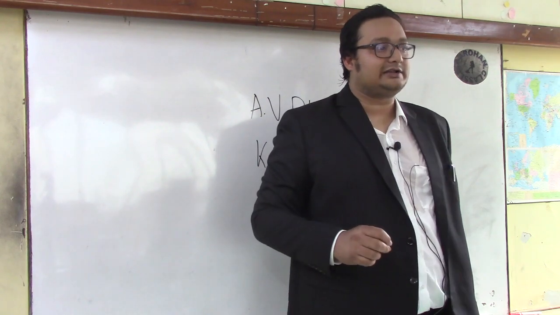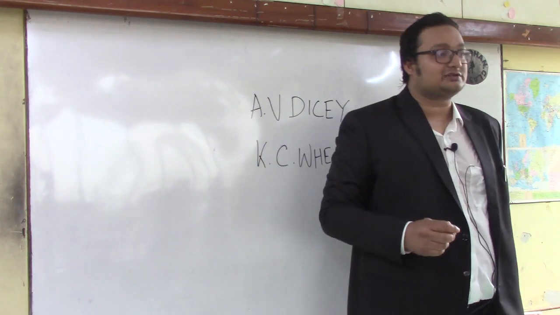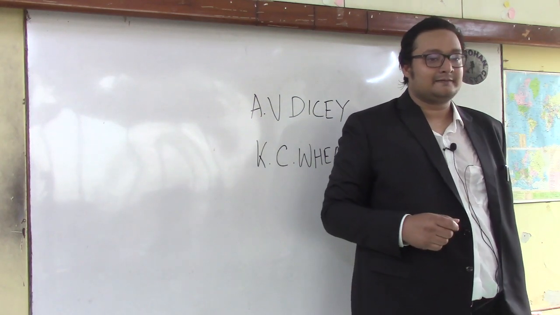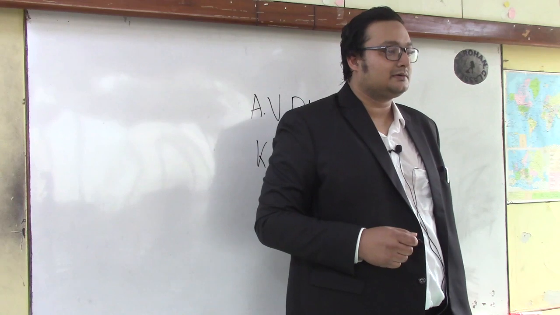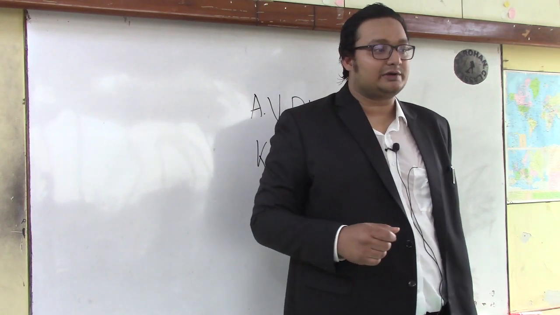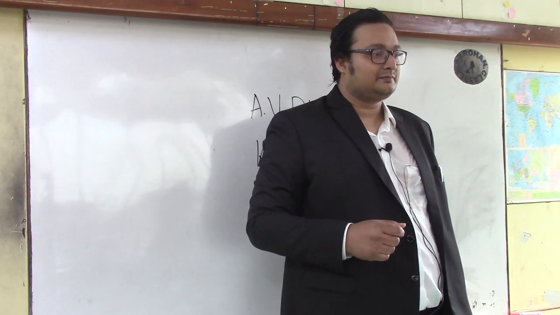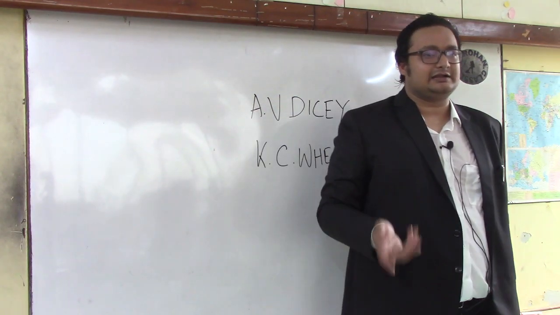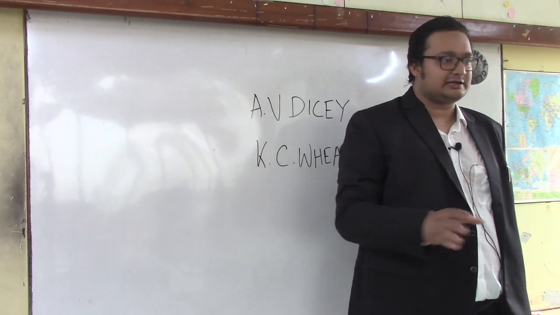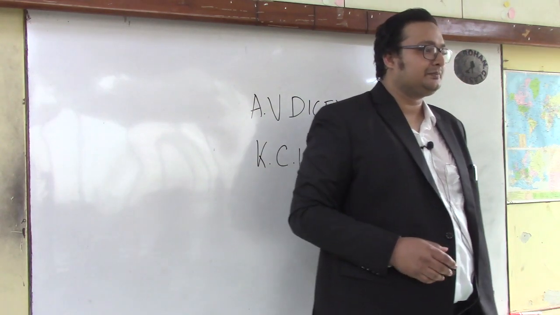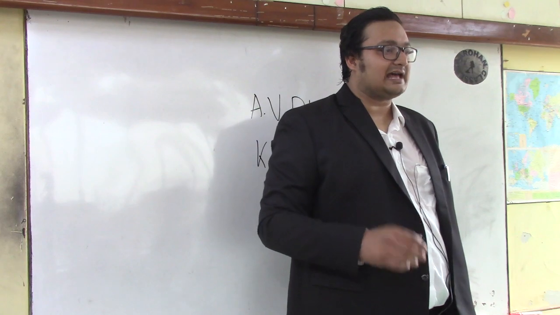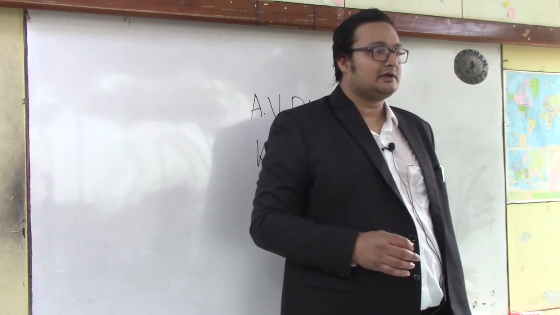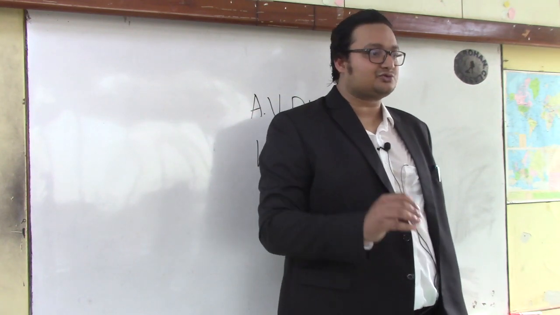Article 125, please take a look at it. It talks about the salaries and allowances of the judges. Okay? Article 125 is for the Supreme Court, and I'm not sure, it might be 218 or 219 for the High Court, salaries and allowances of judges. The salaries and allowances of judges of the Supreme Court are mentioned in 125, that much we are clear about,